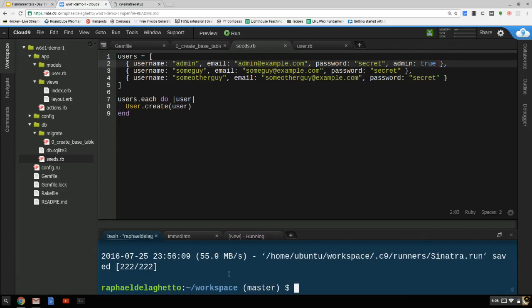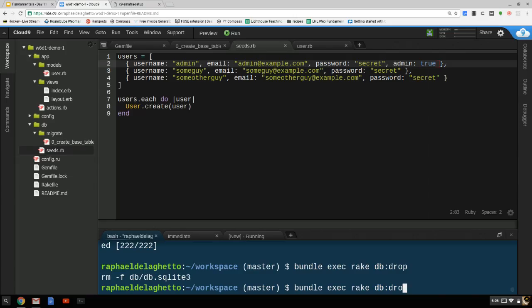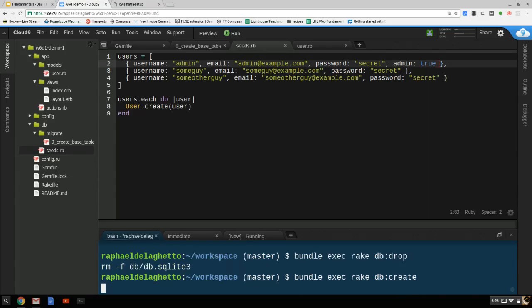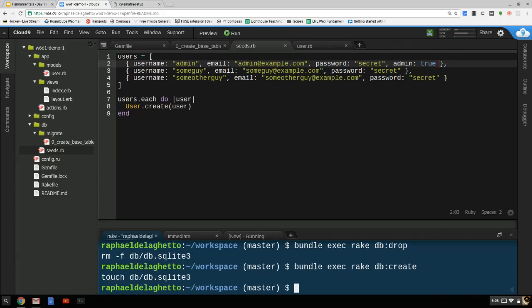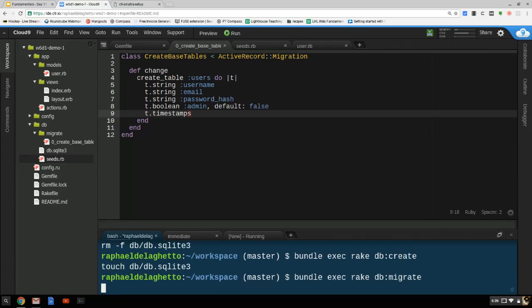So I haven't actually made this database yet. Let's say bundle exec rake. It looks like I do have a database there, so I'm going to actually drop it first just to be on the safe side. So that SQLite 3 file should go away. And then I'm going to create a new one. So whatever was there is now gone. Migrate. This, of course, runs the code contained here. This will actually create that user table, if I did everything correctly,